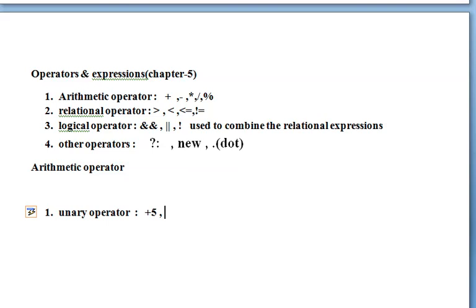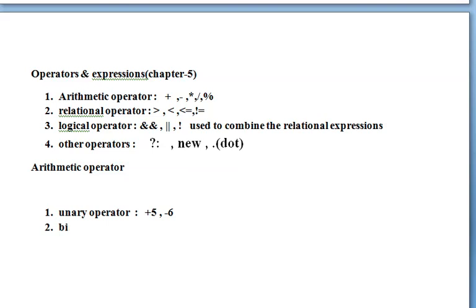To represent non positive, meaning negative numbers, we can use the minus sign and 6. So minus 6 is the unary operator. Here it has only one operand, 5, and here one operand, 6. So these are the unary operators. The operators which work upon a single operand are known as the unary operators. Fine. So this is the usage of unary plus, and here this is the unary minus operator.